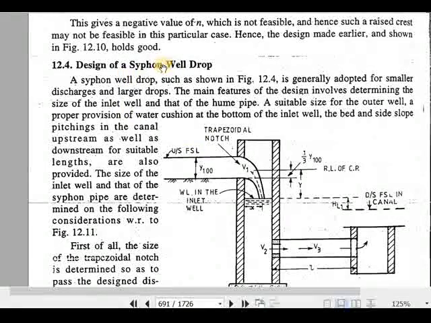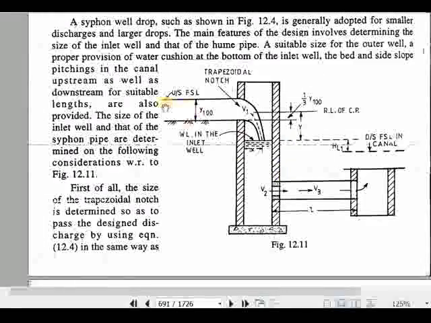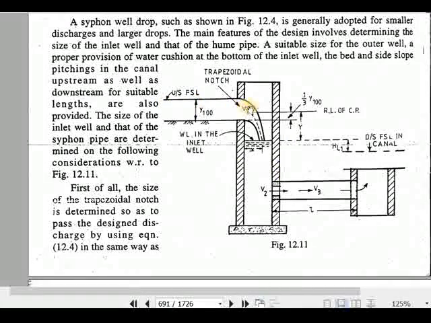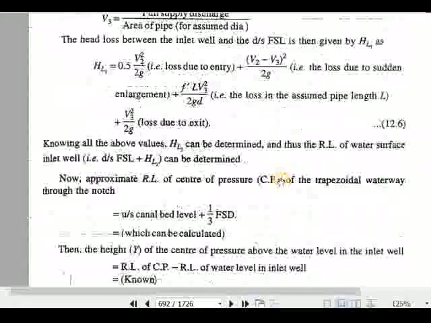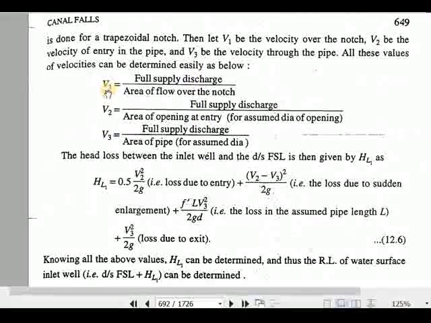The second one is the design of a siphon well drop, which we discussed, where water is entering. This is V1, water enters into a well. And this one and this one, this is the head loss in these pipes. Water enters through this opening, and this is V2, this is V3. V2 is when water enters into this small opening. Its diameter is more, the opening diameter is less. And then water leaves this one into the natural surface. So we have to study its design. These are its equations: what is V1, what is V2, and what is V3.